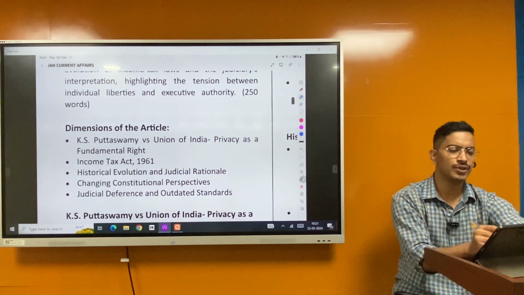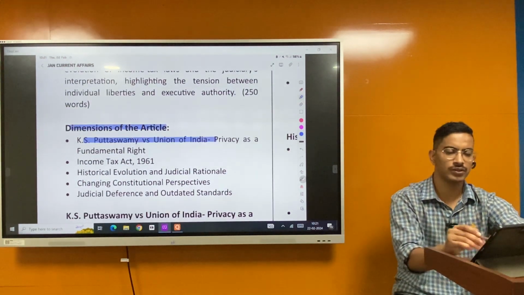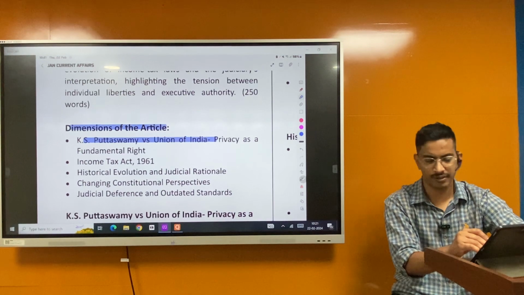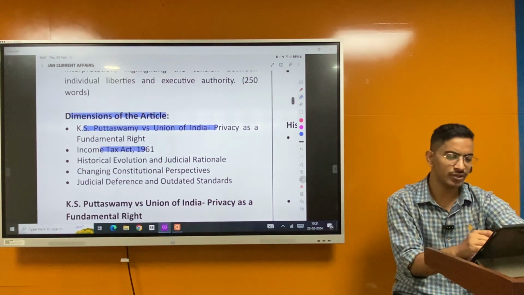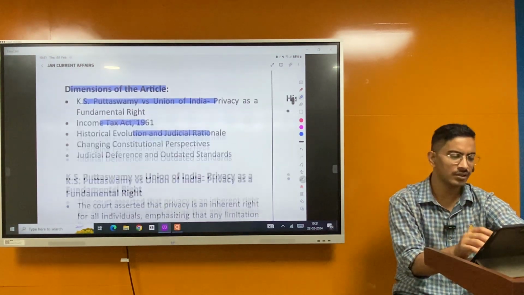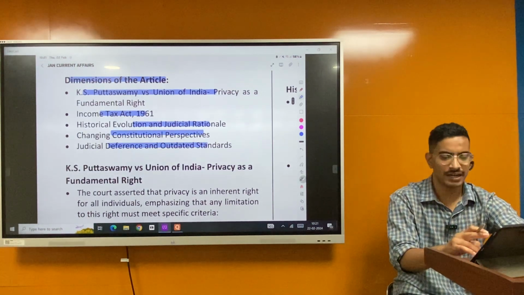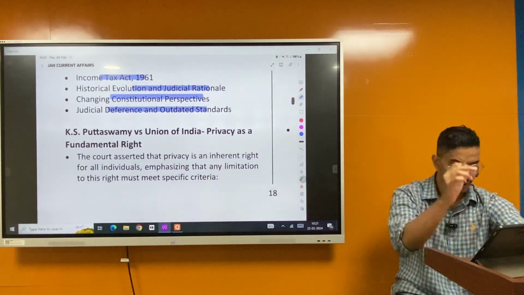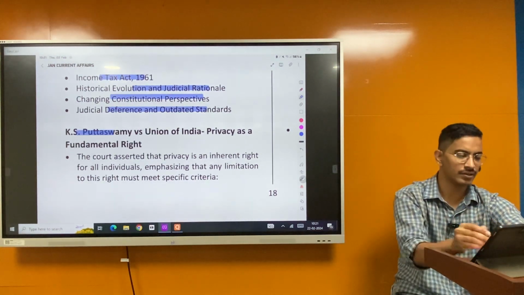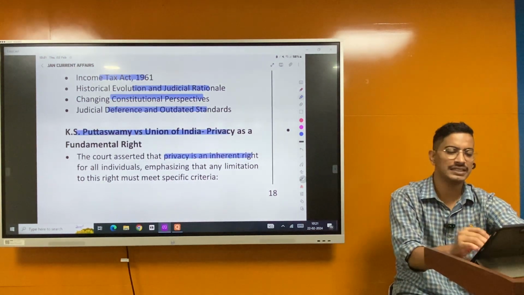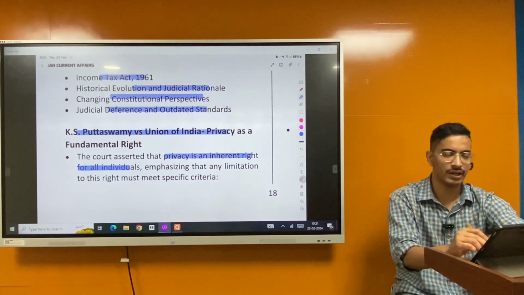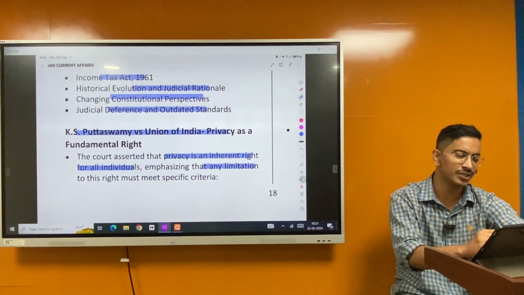So the dimensions of this article: Puttaswamy versus Union of India, privacy as a fundamental right; Income Tax Act, historical evolution and judicial rationale; changing constitutional perspective, judicial deference and outdated standards. So what was this case? The court asserted that privacy is an inherent right for all individuals, emphasizing that any limitation to this right must